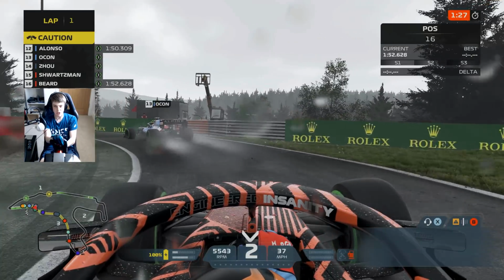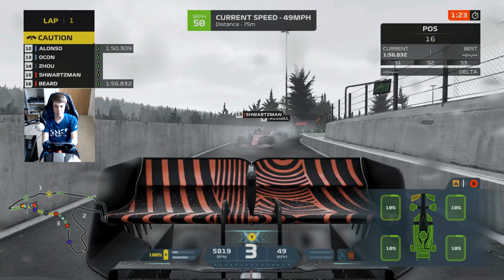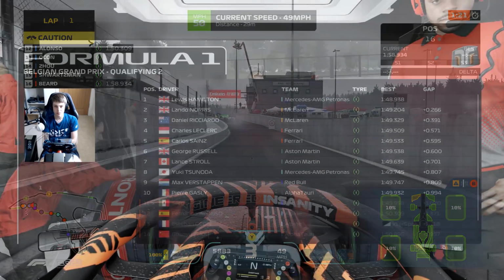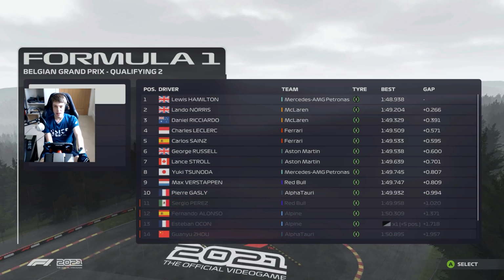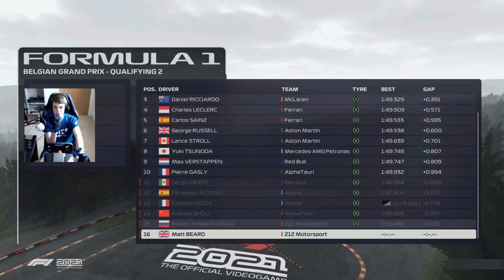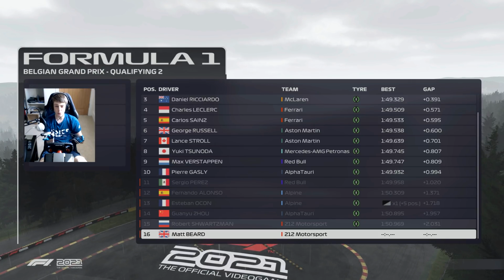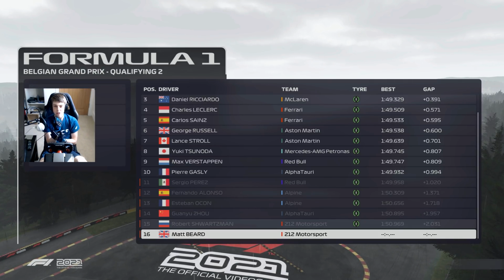But yeah, that is us out in Q2 for the Belgian Grand Prix, in a very anticlimactic way to go out in the end. Yeah, so not quite what we wanted there at the end of the session, but Ocon actually picked up a 5-place grid penalty for that, so I guess we moved ahead of him at the end of the session there. We would have been quite close with our teammate Robert Shwartzman, I think, at the end